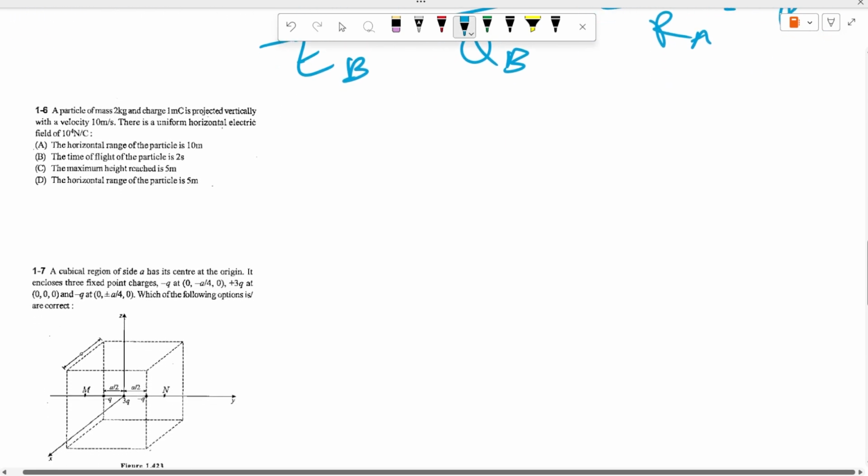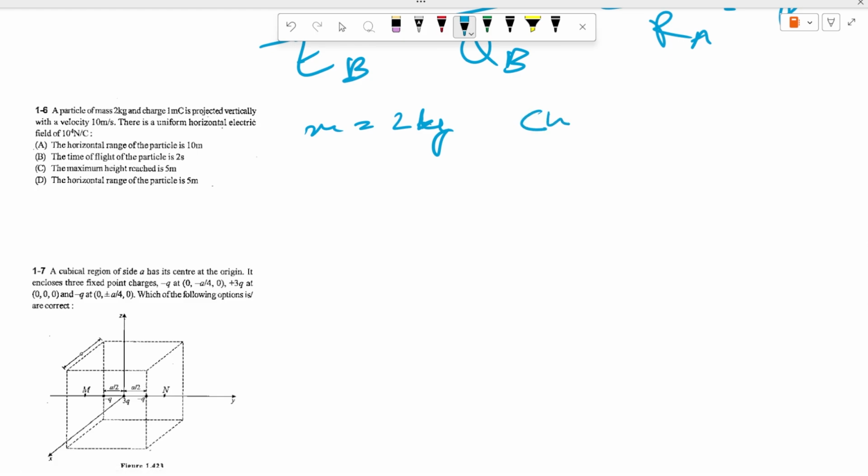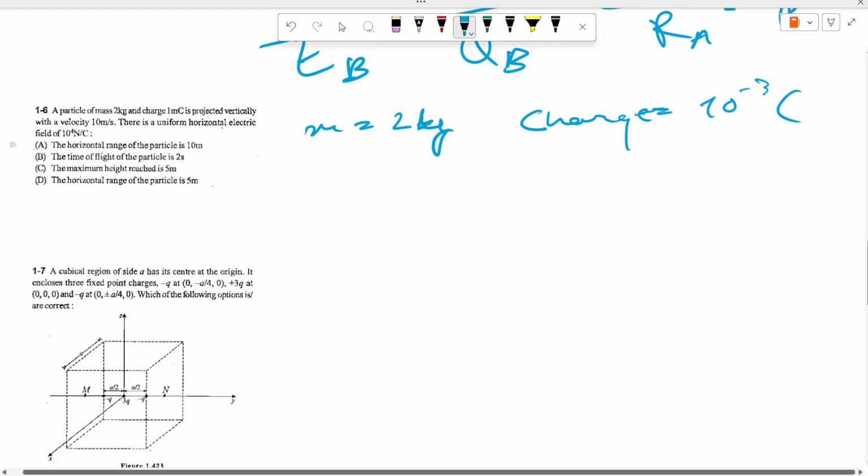Now let's move on to the sixth question. A particle of mass 2 kg and charge equals 10 to the negative 3 coulomb is projected vertically with a velocity 10 meter per second. There is a uniform horizontal electric field of